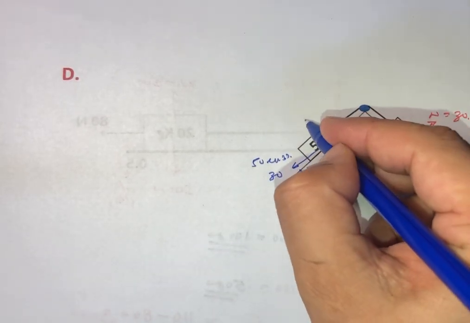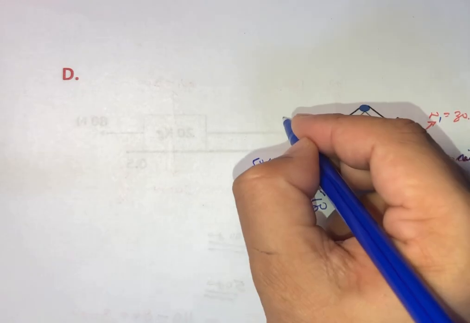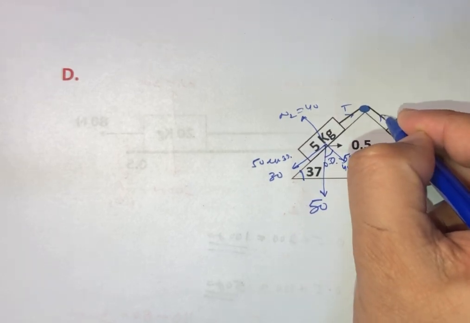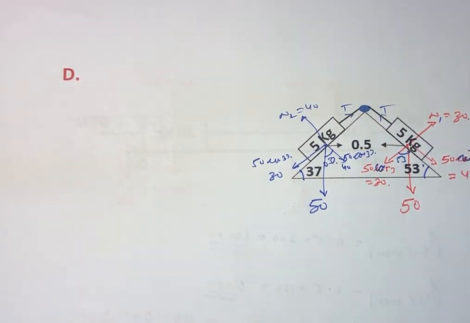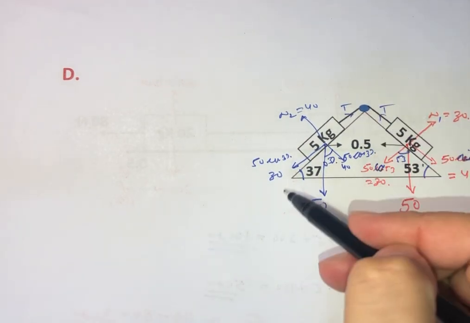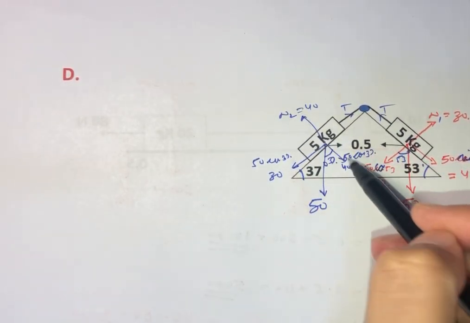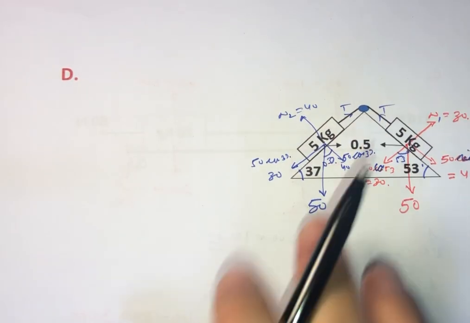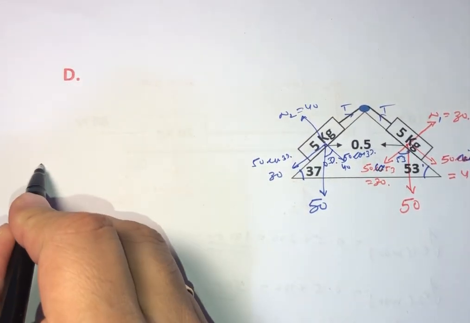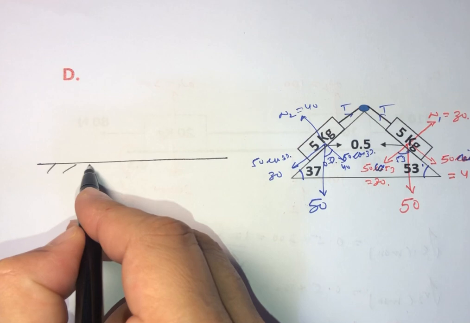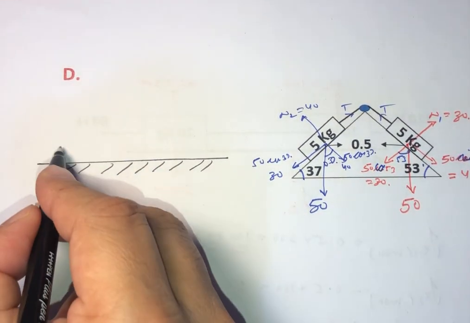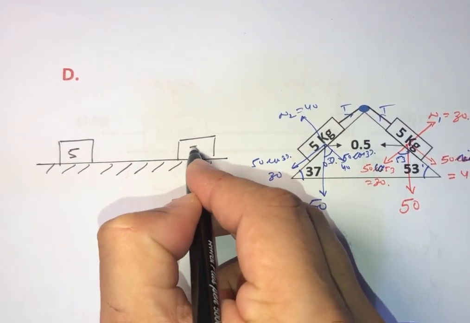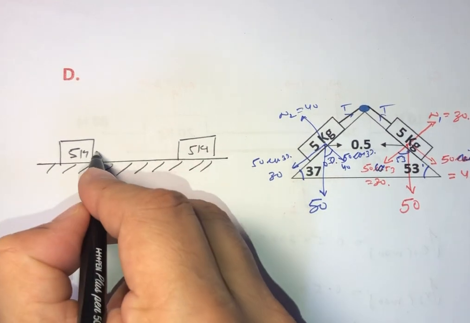and we are going to have a normal, let us call this n1 and this is n2, which will be equal to 40, and there will be tension T as well as tension T. So as there is no movement in the vertical direction, we can draw this figure in the horizontal way, which means this is a simple surface, and now we have two blocks, 5 kg and 5 kg. They are connected by a string,